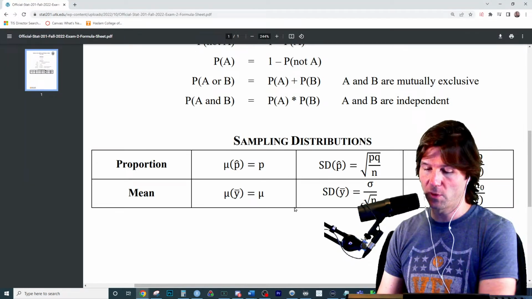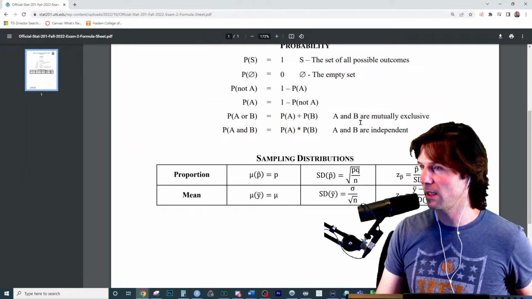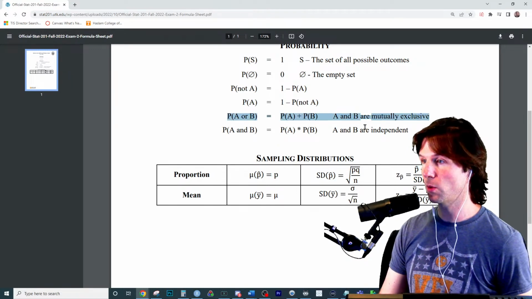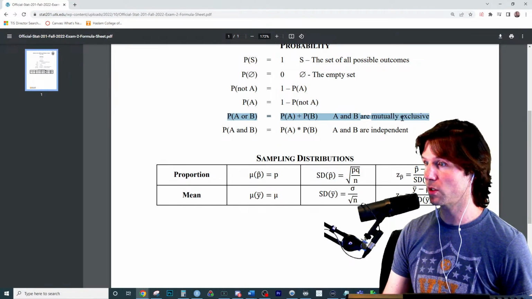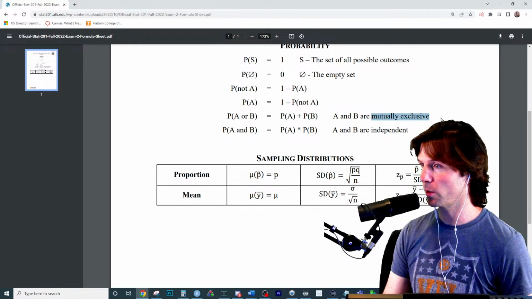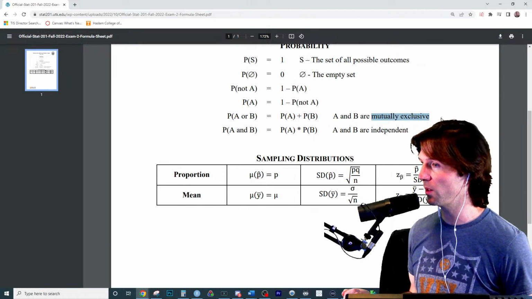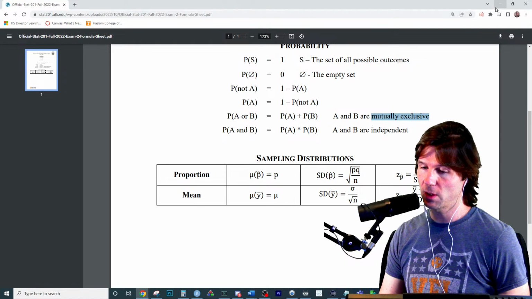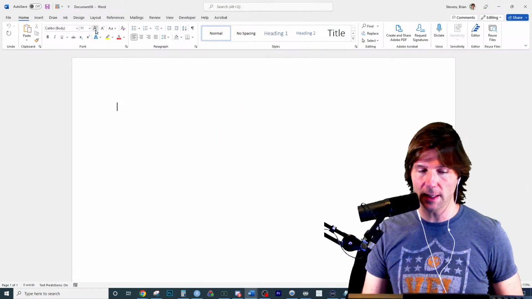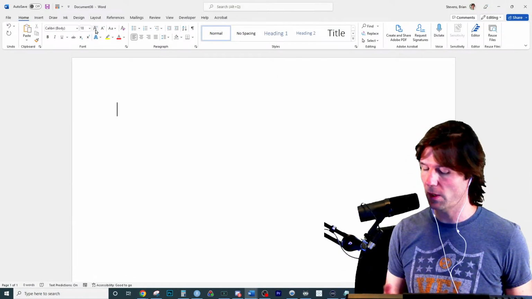So when we go right here, we've got the formula sheet up. Two events that can be easily added together are disjoint, and you see the addition rule right here with the mutually exclusive, which also means disjoint. Those are just synonymous words. So the formula sheet is going to be a good review. When you think about events, some of the easier questions, like the level 1 questions, I would say would be like,